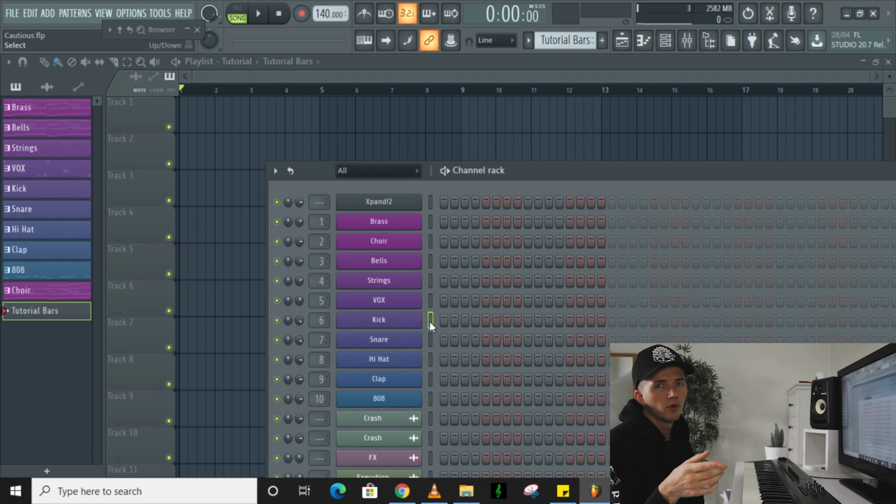Alright, so the theory that I want to talk about before we start is basic music theory. It's beats and bars. I feel like there's a lot of confusion when it comes to this, especially for beginners, so I just wanted to clear everything up. And I'm sorry if you already know this. Like I said, it is basic music theory, but it's good to understand, especially when it comes to structuring tracks